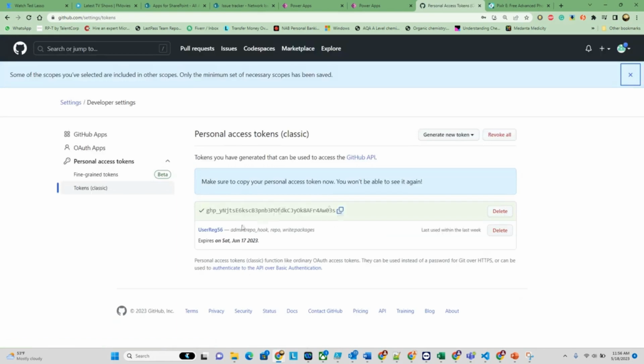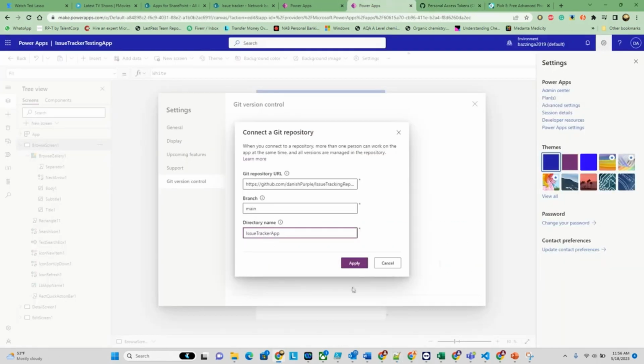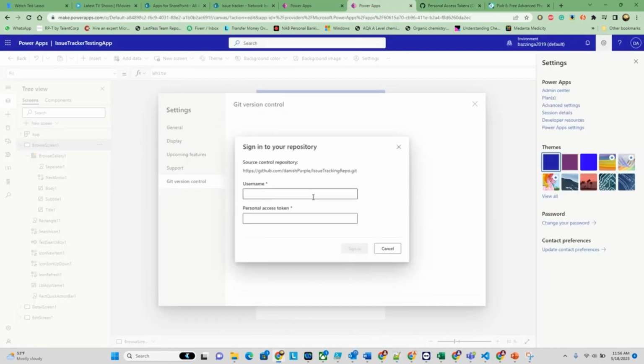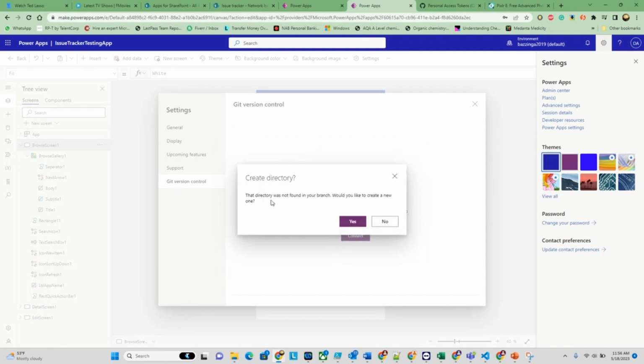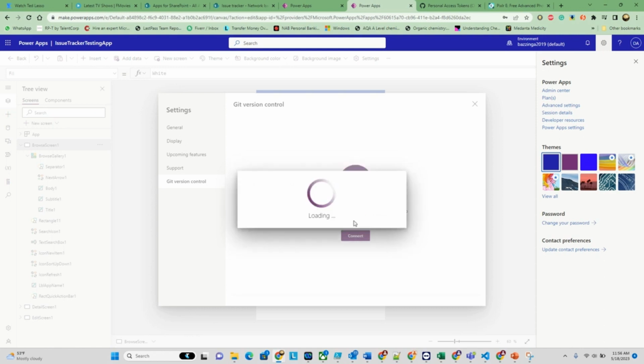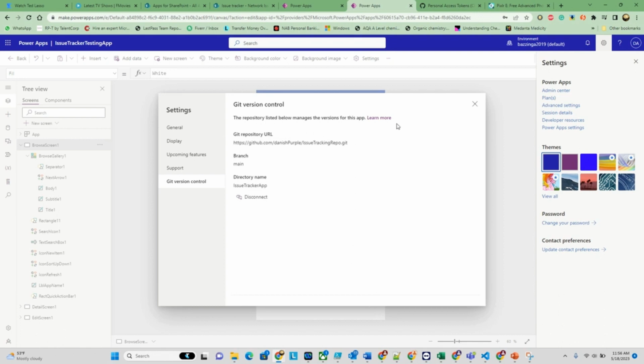Now I need this token, so make sure you copy it before you refresh this page because otherwise you won't be able to access it. So I will copy that code and I'll put it somewhere else just in case. And then I'll click apply here. Now I'll need to provide my user ID, which is this, and the personal access token which we just created. Right, let's just sign in. As we mentioned, the directory doesn't exist, so it will create one. That's what we want. So let's create this directory,